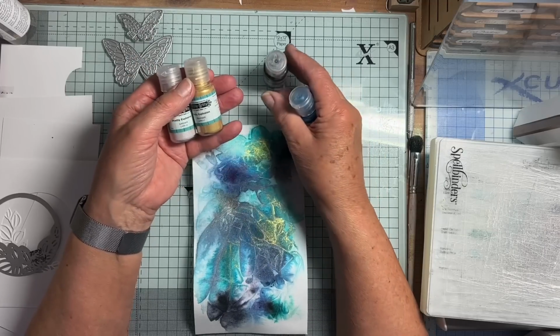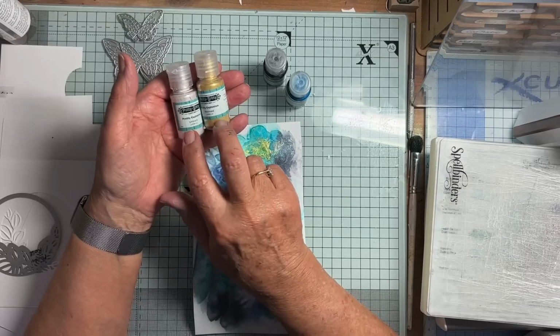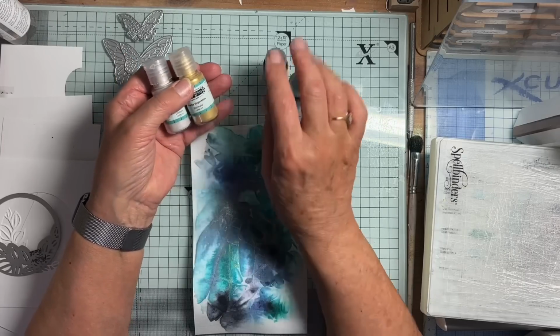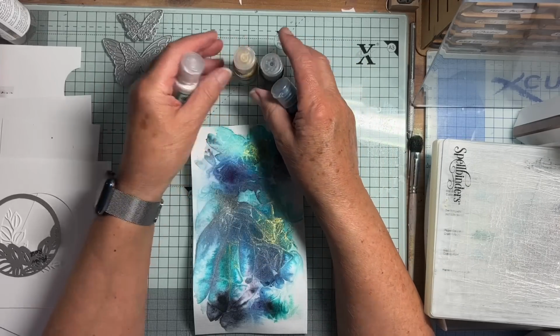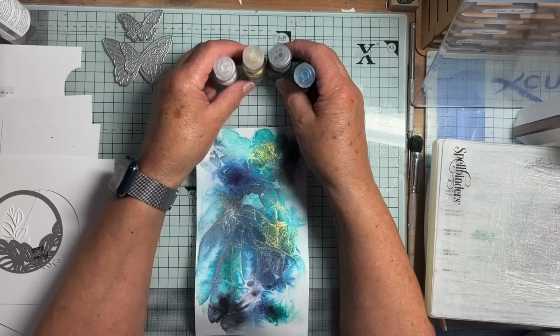I know I used the dark one. I think I used this blue one, but I can't remember which of these 2 I used. They've got wonderful names. This one's Unicorn, this one's Mermaid, this one's Zeus, and this one's Neptune. There you go. Right, how I got them onto the piece of card